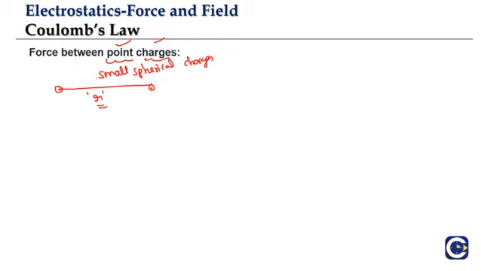So let us look at what this Coulomb's law is. As per Coulomb's law, if we have two point charges, then if they are like charges, they will repel each other, and if they are unlike charges, they will attract each other. The force of attraction or repulsion, the force magnitude, will be directly proportional to the product of the magnitudes of the two charges. So let us say one charge is Q1, the other charge is Q2, then the force magnitude, modulus of F bar, is proportional to mod Q1 into mod Q2.